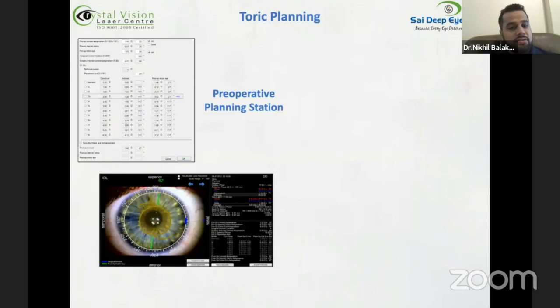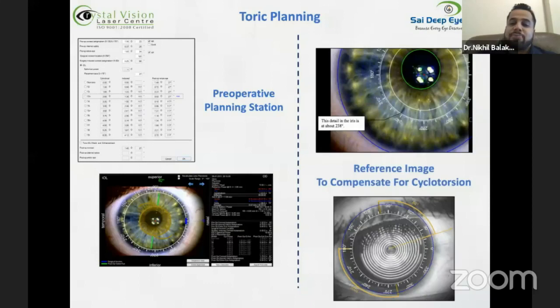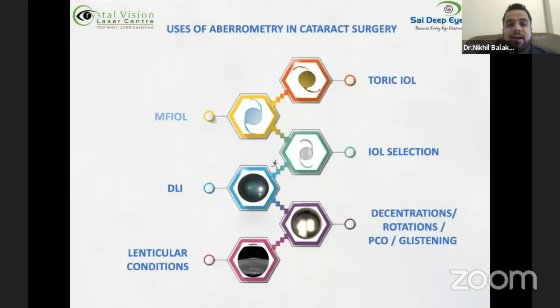Now, the iTrace also gives you a pre-op planning station. It also captures a reference image, which helps you to compensate for cyclotorsion when the patient is in a horizontal position. Coming to multifocal